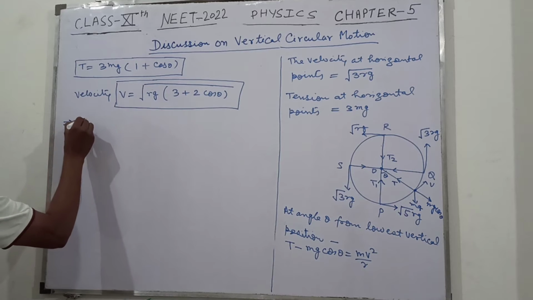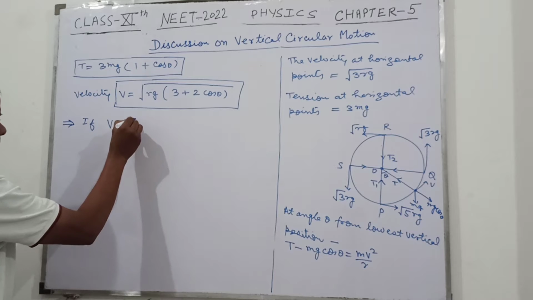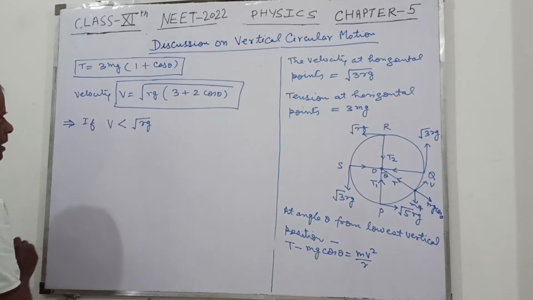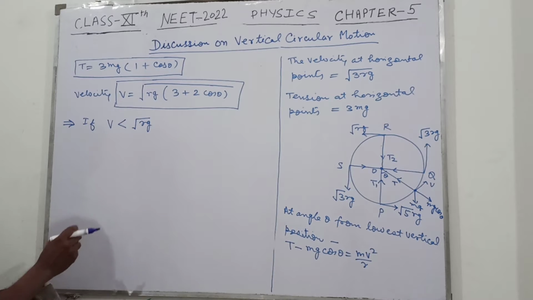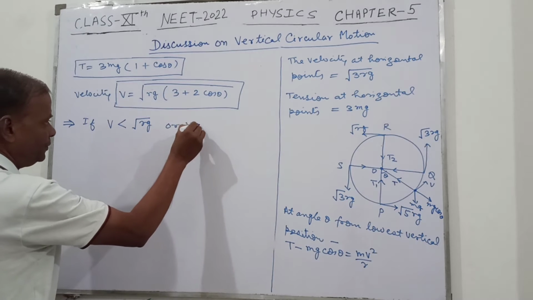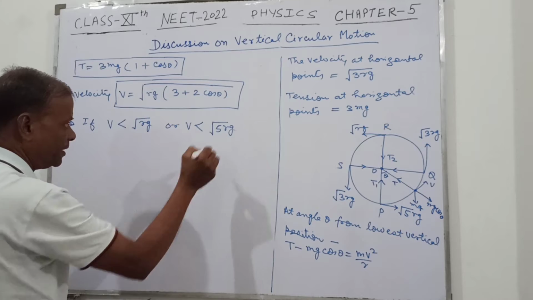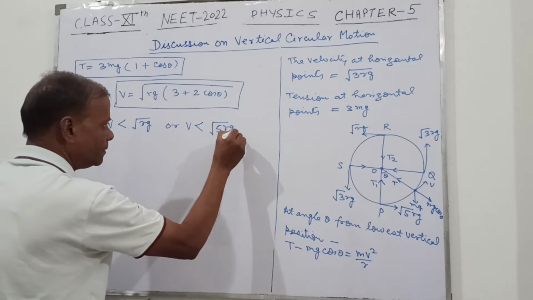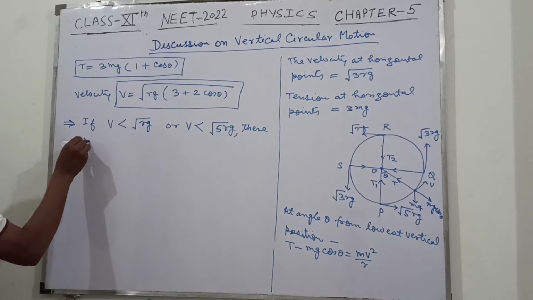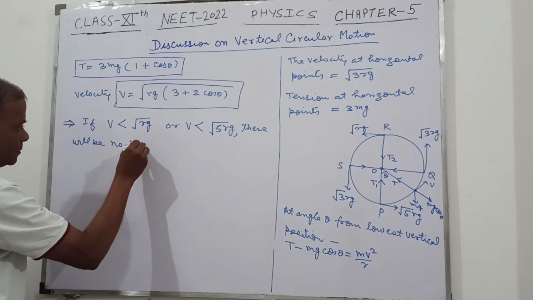If v is less than square root of rg or v is less than square root of 5rg, there will be no vertical